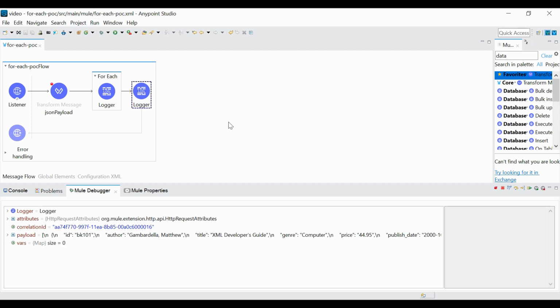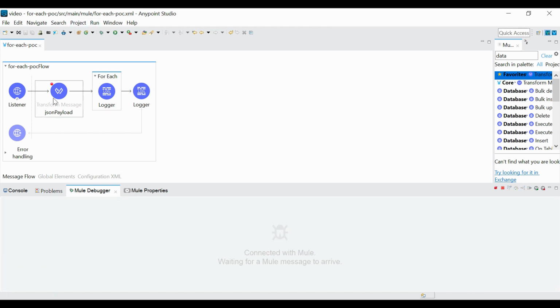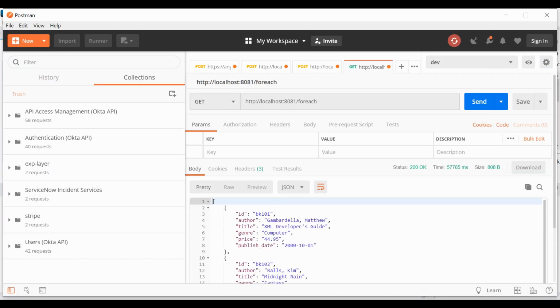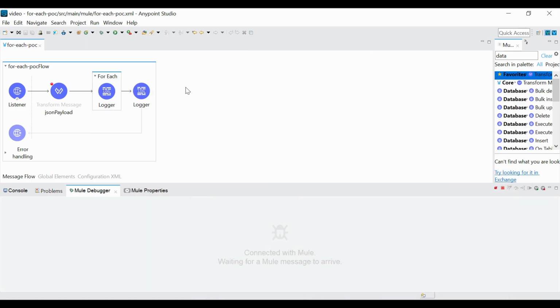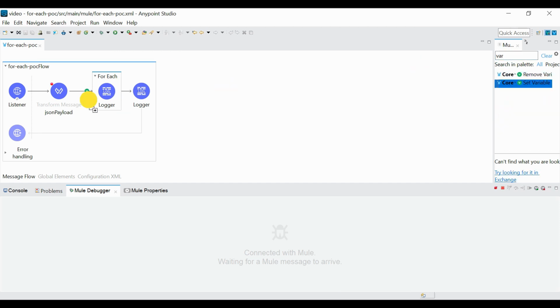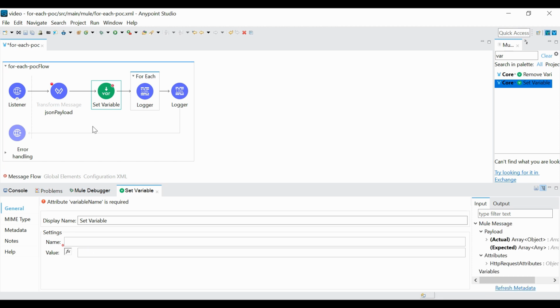Now as we can see, whatever input we are passing, the same comes as output in Postman. But I need all the IDs, like accumulated IDs after performing the iteration. So how can we do that? Here we have to set a variable outside of this for each scope, and we can give it a name something like this.